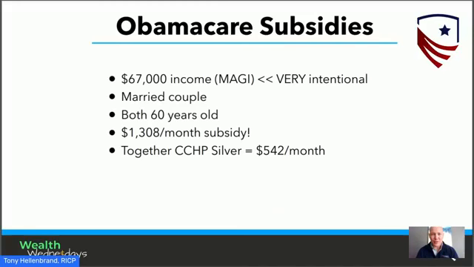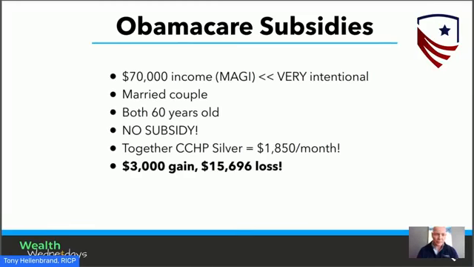So they have $100,000 invested in the fund. It kicks out a 3% distribution. That would be how much? $3,000? Well, now in this example, they're going to have $70,000 of income, $70,000 modified adjusted gross income.